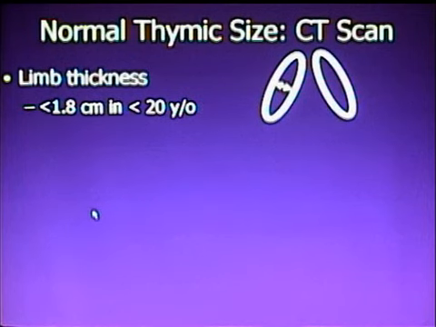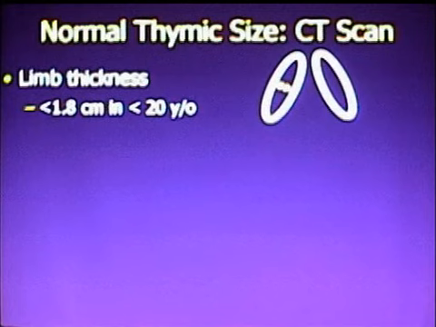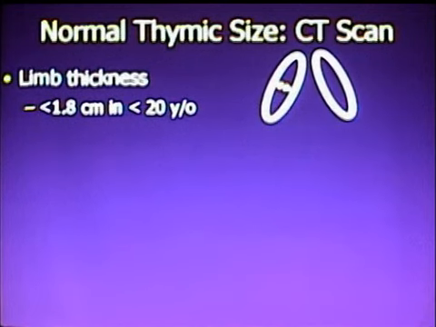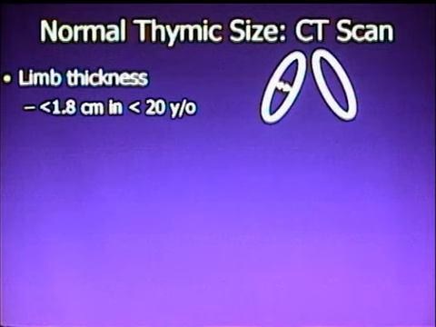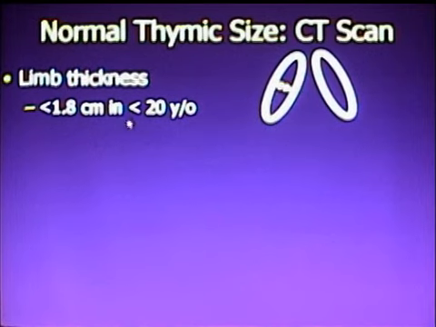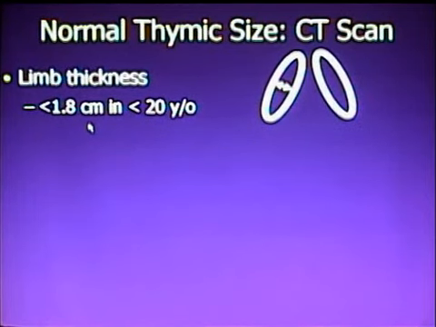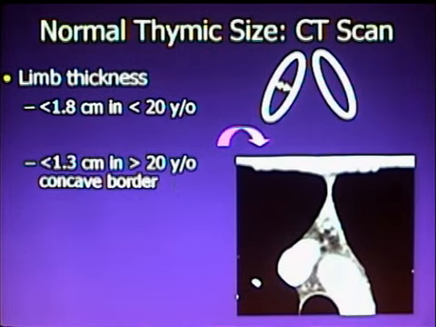Recognizing that the thymus is largest in childhood and during your adolescent years and then regresses with complete involution, you need to take into consideration the age of the patient when deciding whether or not the thymus is enlarged, or whether in fact you have hyperplasia or a thymic mass. In a teenager less than 20 years of age, each of the thymic limbs should be less than 1.8 centimeters in diameter. By the time you're older than 20, they should be less than 1.3 centimeters in diameter,